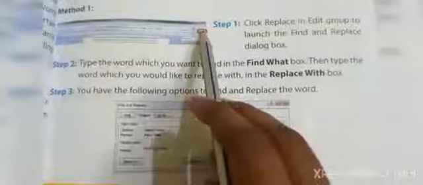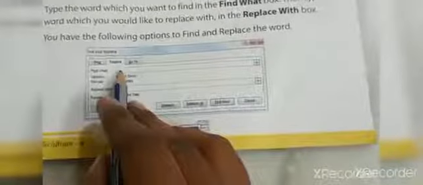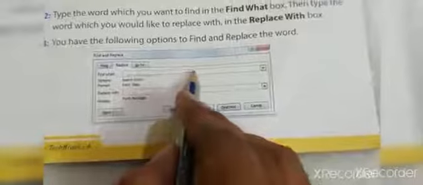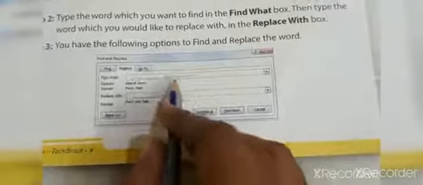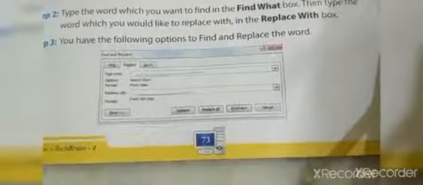After clicking the replace option, the find and replace dialog box will launch here. Type the word which you want to find, and here type the word which you want to replace it with. Okay.